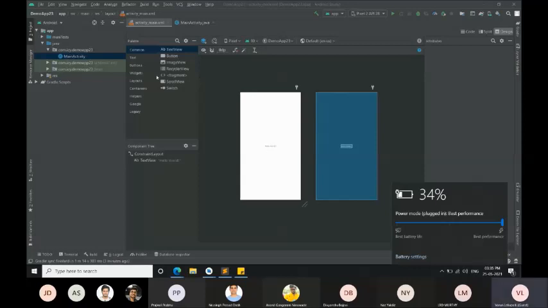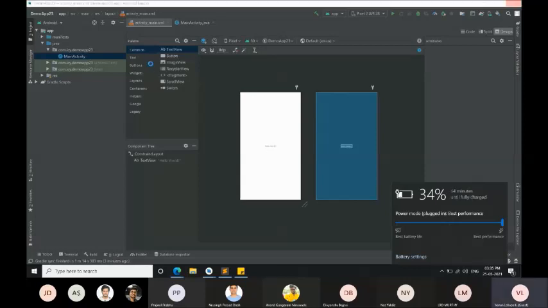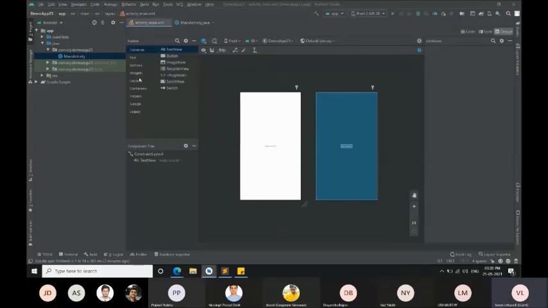So here we have a lot of components like buttons, image views, recycler views, and everything. And in this palette, you can select which type of component you want, like text or button or widget or whatever it is. So by default, we are given a text view which says "Hello World." So now I'm going to drag and drop some UI components like buttons, image views, and stuff, so that you will know how to use them.